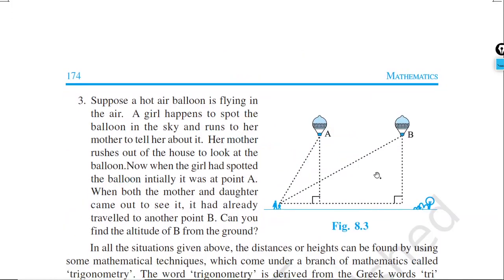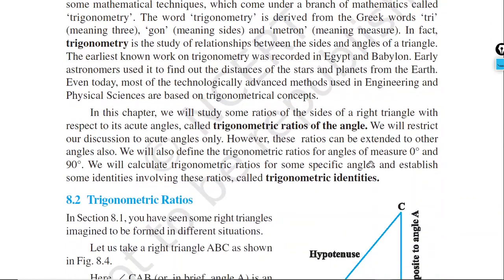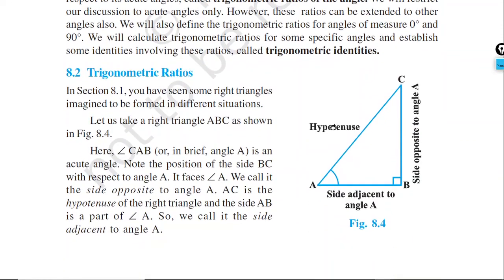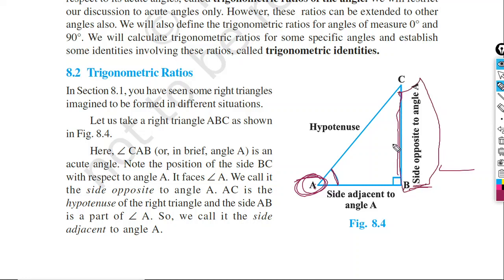So let's move into the chapter and see what is there in this chapter. First we will start with some basic ratios of trigonometry. Before going to the basic ratios, we will see a right angle triangle. Here you can see in this figure, right angle triangle ABC. Here we will consider one angle, suppose angle A. Now, can you say which side will be the opposite of angle A? Opposite of angle A is very simple. It's BC. So the side opposite to angle A is BC.